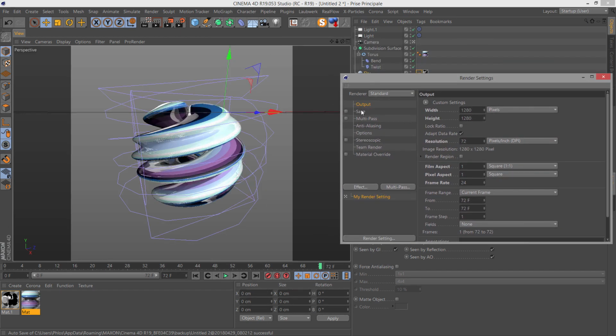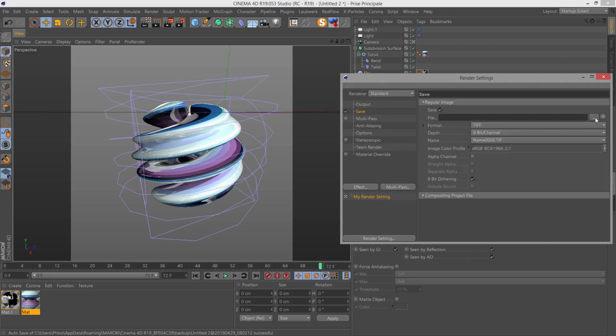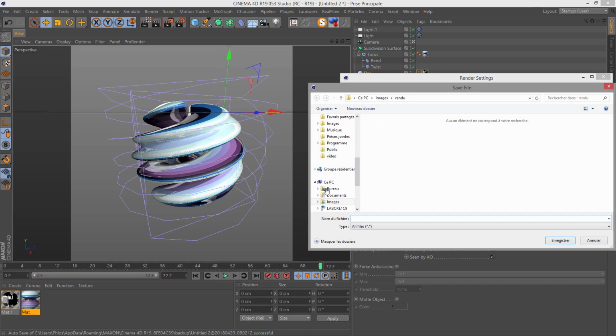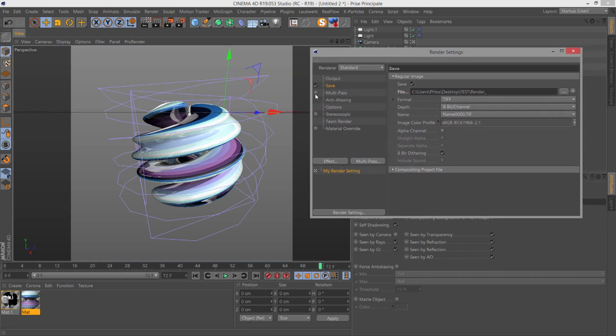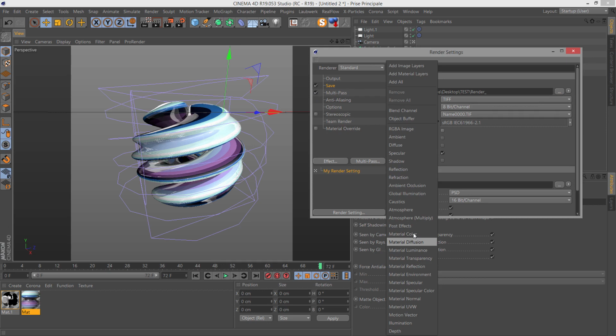I know, but save, choose a folder. I go to my desktop, new, I will call it test, render, and it's okay. We want a multipass, so click on it, we got that. We go to multipass and choose material color.